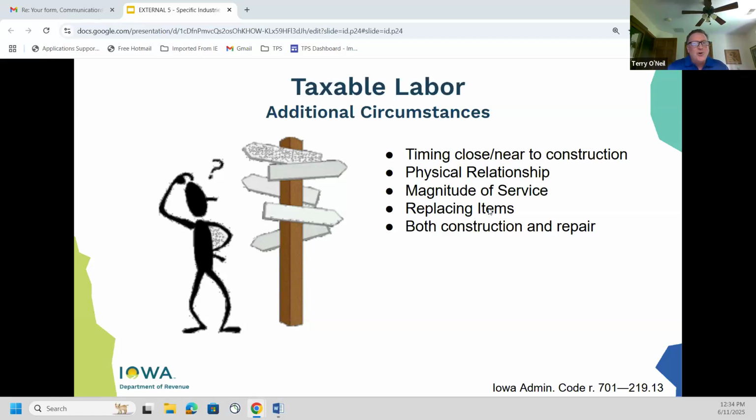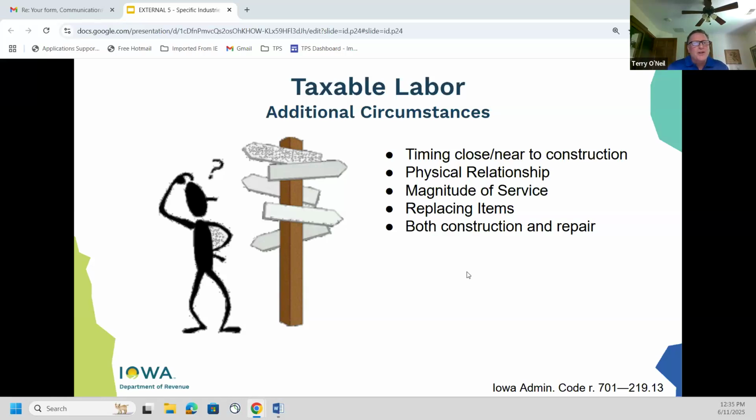If your furnace breaks down, though, if all of a sudden it's not doing its job and you call the repair place to come and look at it and they say, boy, the age of this thing, you might be money ahead if you simply replaced it. So you decide, yep, that sounds good, I'll just go ahead and replace it. In that situation, since they came to replace your broken furnace, that's going to be treated as a repair. Again, repairs are taxable to the customer, and new construction is not. I already gave an example for both construction and repair.